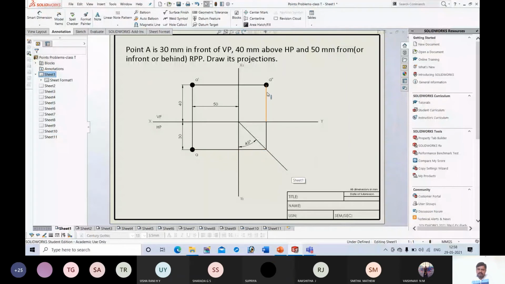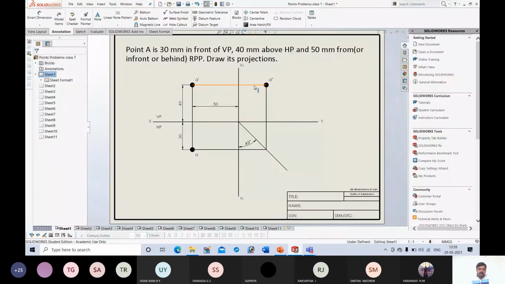So now I will follow the reverse procedure. In all previous cases, we knew the location of the top view and we used to get the profile view out of that. But in this case, it is a reverse procedure. We know the profile view, and we should get the top view. That means the same procedure: draw a 45-degree inclined line, draw vertical, then horizontal. Whereas till now, we used to draw horizontal from the top view, then vertical till it meets the projector of the front view. Now you will understand it. So we have the profile view.